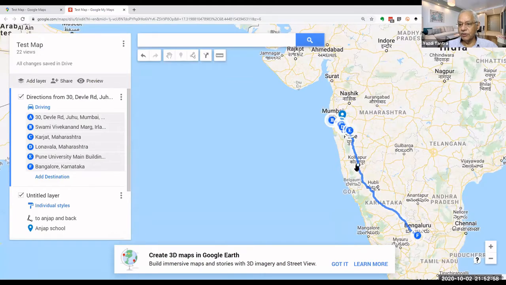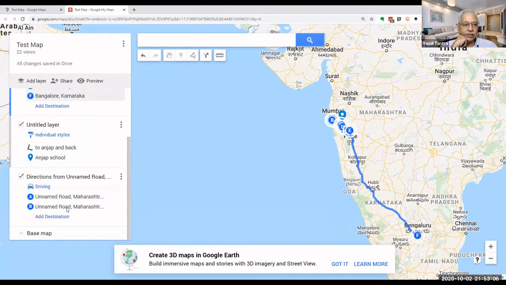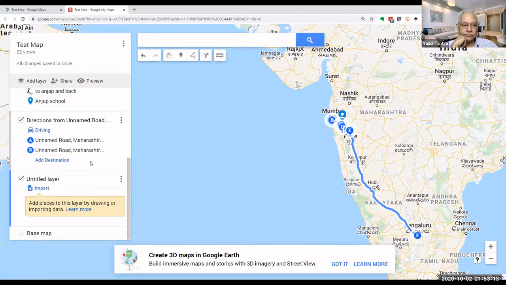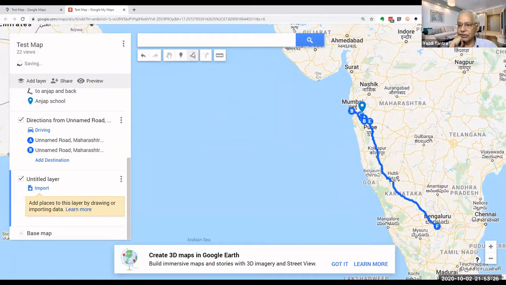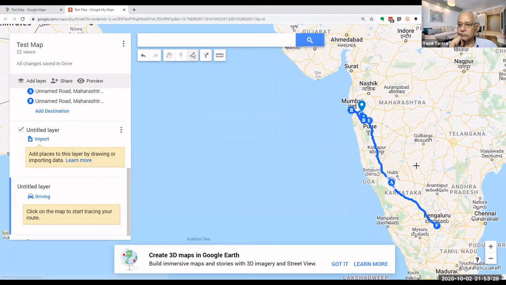Okay, in between, if I want to make a detour, I can make a detour, and I can go to multiple places. So here I have got multiple layers. So I can add a layer. I can say add a layer. Okay, and then I can go from some place and make a detour. I can just click on this, draw a line, add a driving route. I can go from here to some other place, and then come from there again back to the main road.